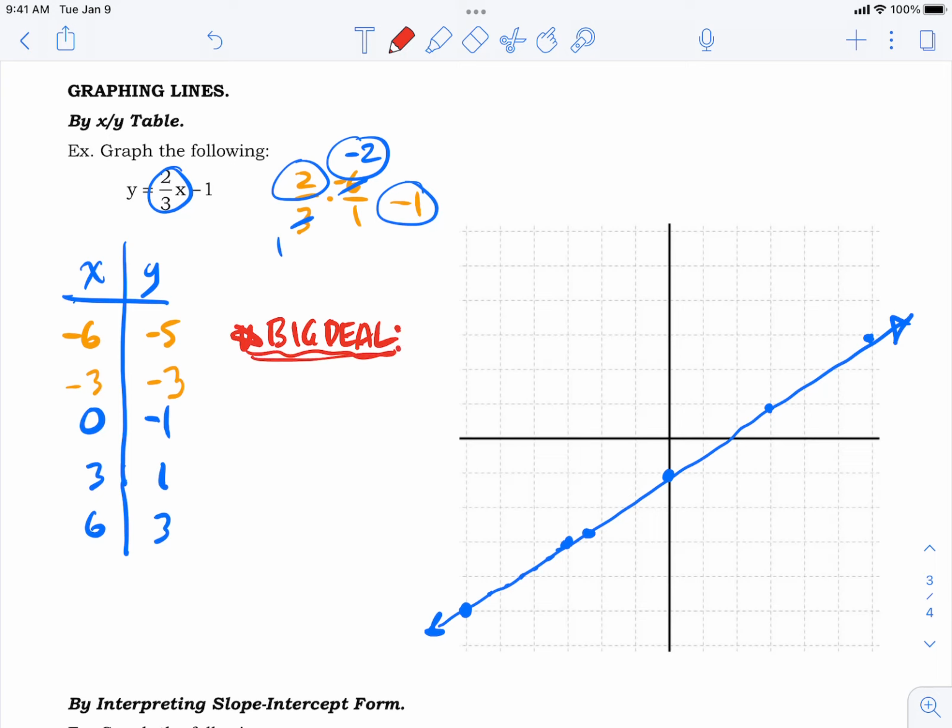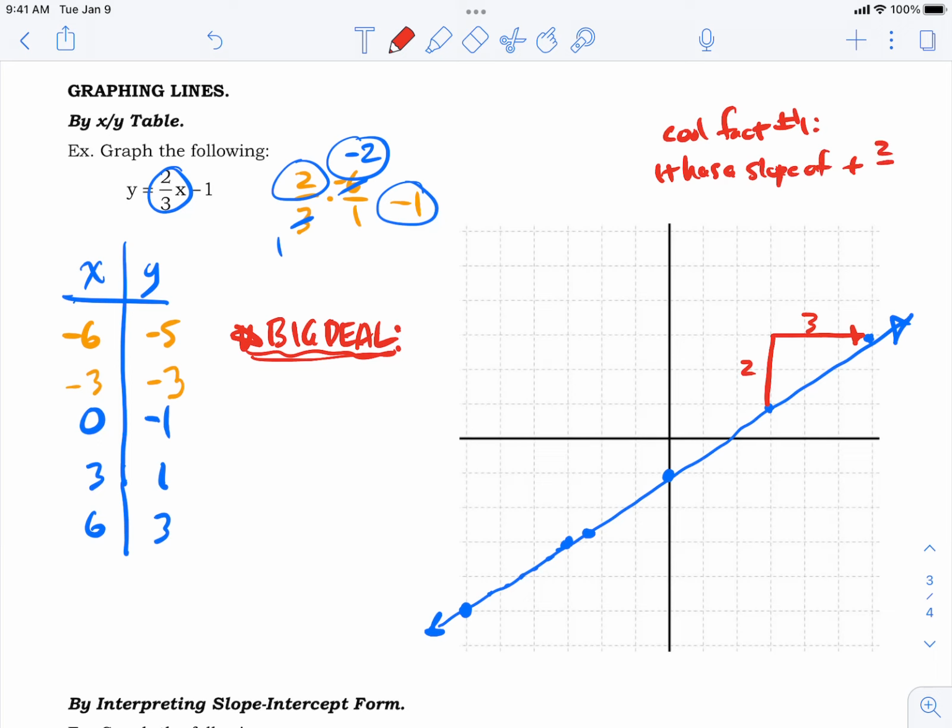What you do is you take a look at this thing. And I want you to notice a couple things. First of all, notice that when you go, let's say from this point to this point, notice you go up 2 and over 3, right? So I'm going to call this cool fact number 1. The line here, it has a slope